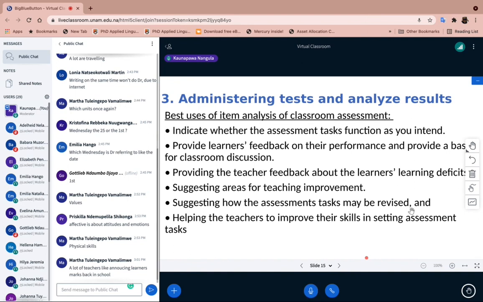So if you see that there is a certain question that most of your learners have been struggling with, then you can have that as a basis of discussion. All right, so maybe it's an area that they really did not get, and then you can go through that. Providing the teacher feedback about the learners